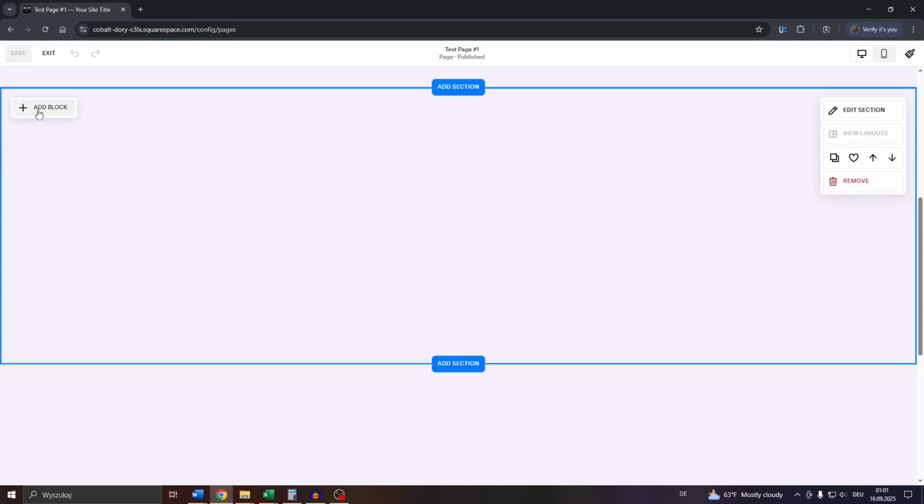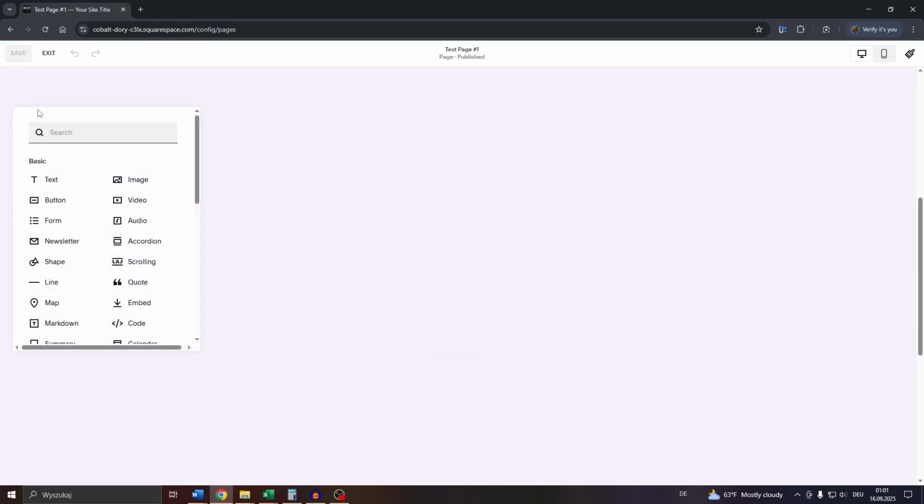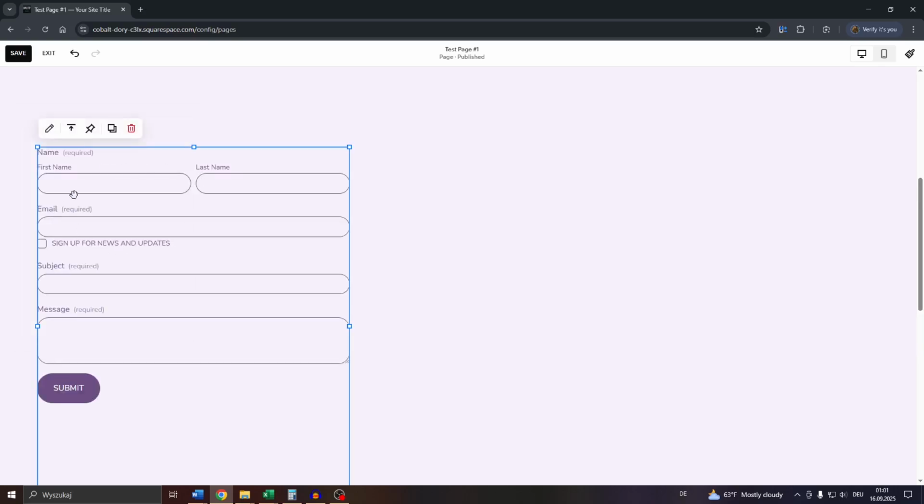And next click into add block in the top left corner of the selected section. And after that, select form from that menu here. Next, guys, you will see that default form here. However, guys, we can customize and edit it easily. To do that, simply click into that pencil icon in the top left corner and select edit form fields from